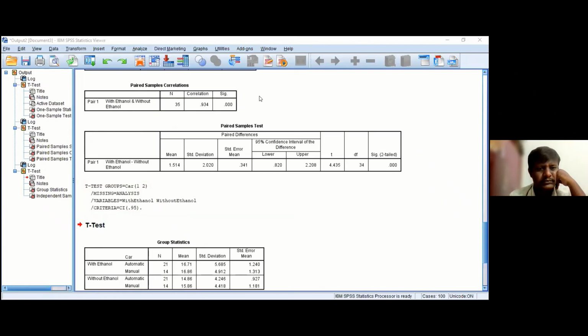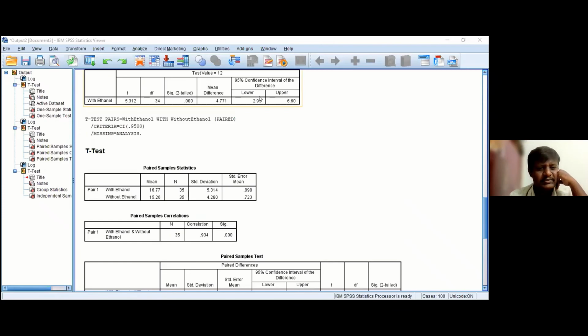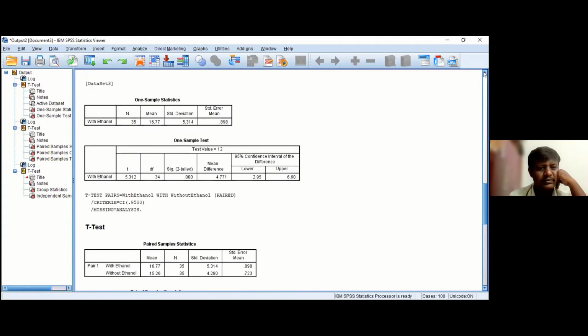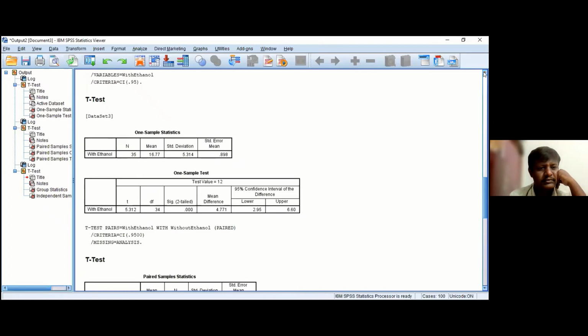The simple t-test, one sample t-test. Go to one sample t-test, madam. The first one. This one, madam. It comes if we specify effect sizes. In the analysis t-test, if we opt for effect sizes, we get that.